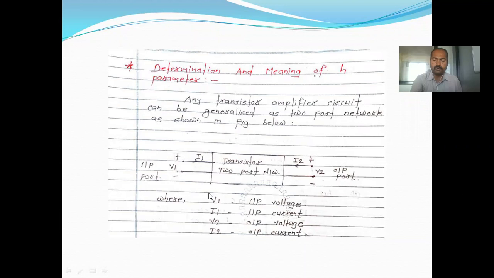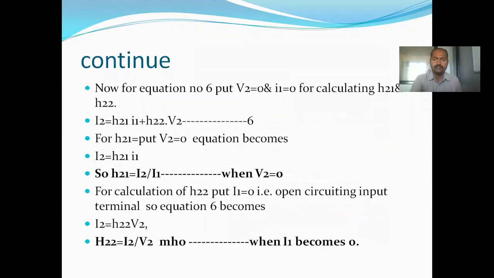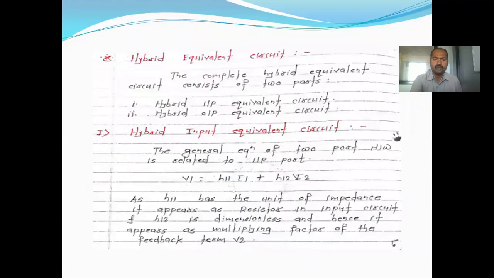But one of the important things is that when we have seen the two-port network, it has two things, that is input parameter as well as output parameter. Input indicates that it should be related to the input part of the transistor. We know that a transistor is a three-terminal device, right? Three terminals indicate that it has collector, base, emitter. These are the three terminals. But one of the important things is that for the calculation of the two-port network, we require 4 elements, right? Why? 2 for input and 2 for output.